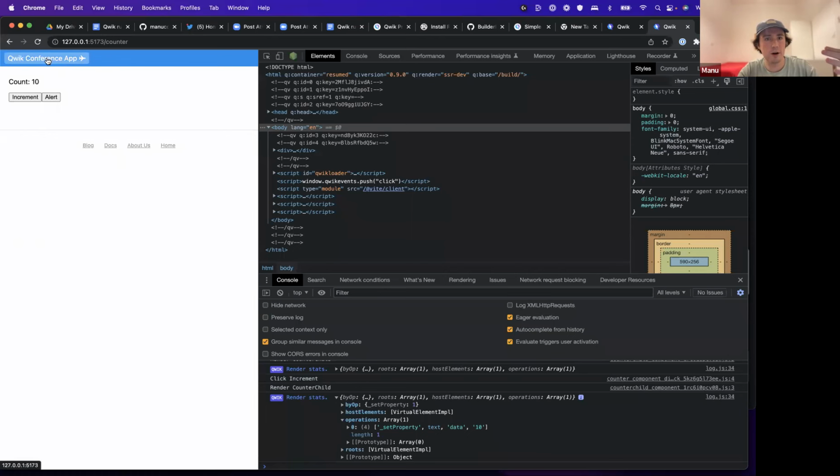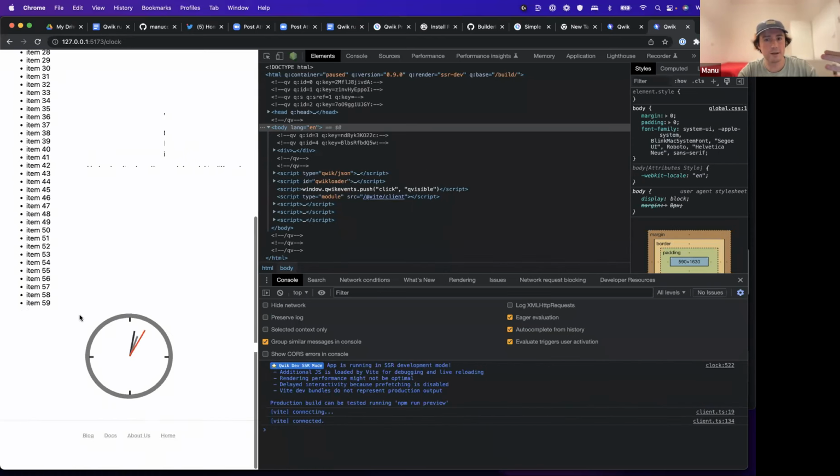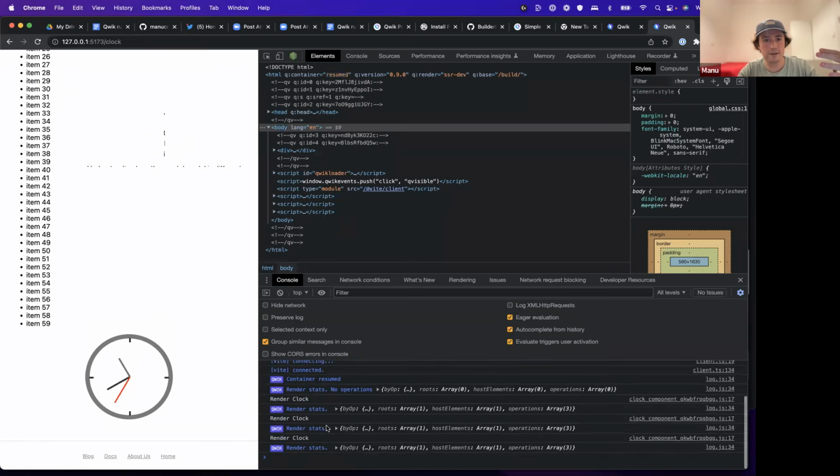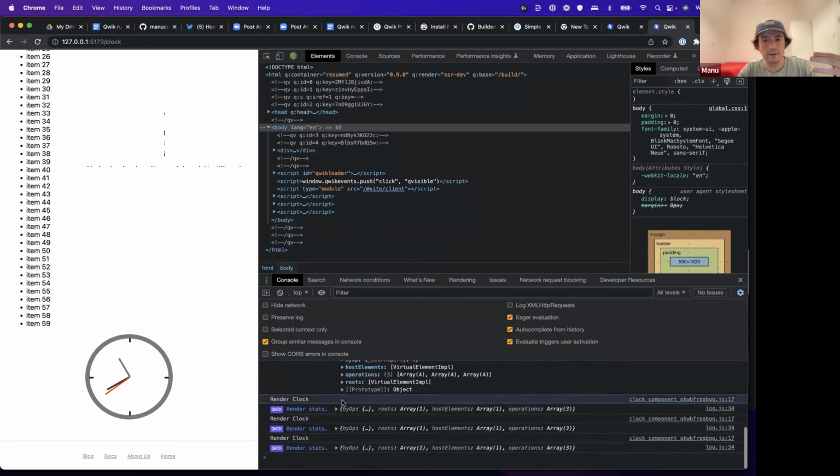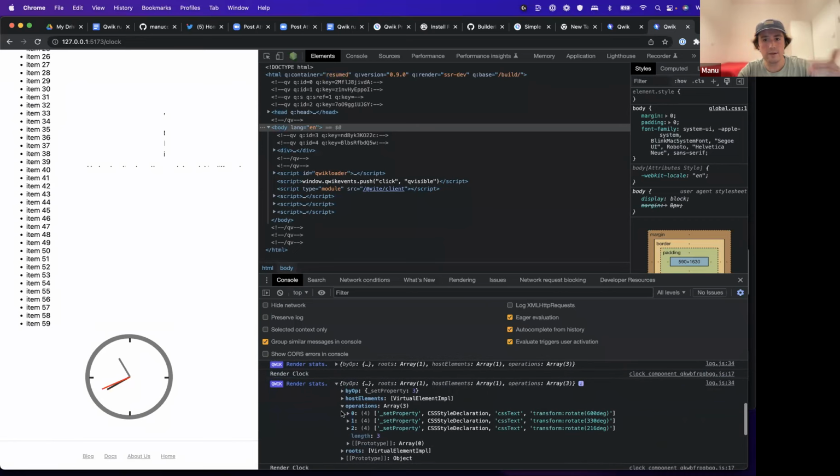It can be more complicated things. Maybe the clock. The clock, as it runs, is actually doing three operations. It's changing the style of three little things. That's what it's doing. This is important because we need to queue all these operations,